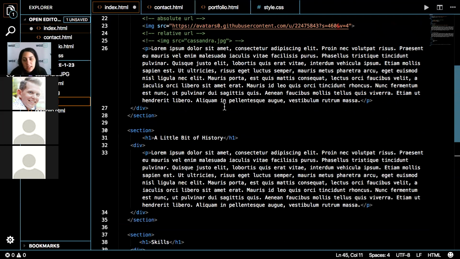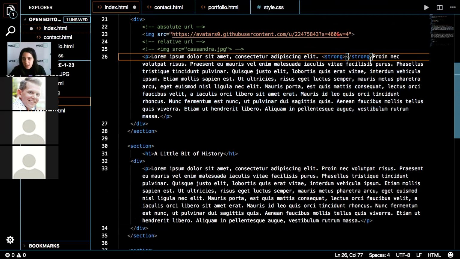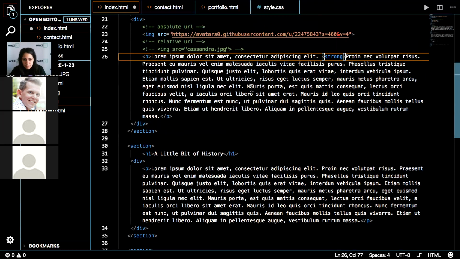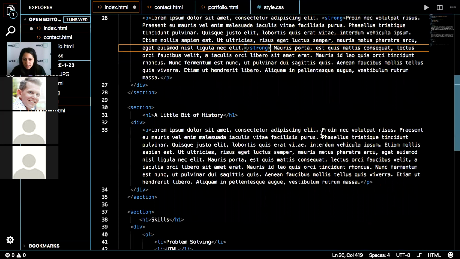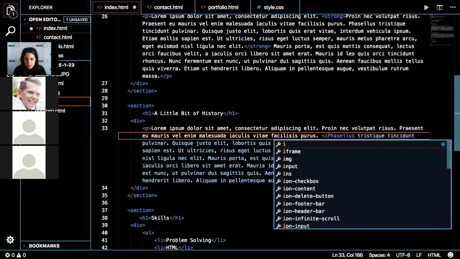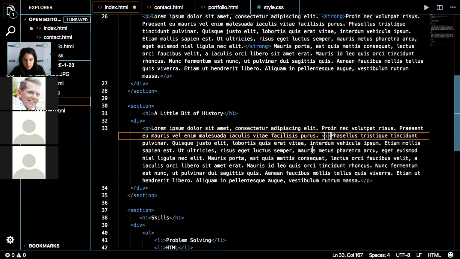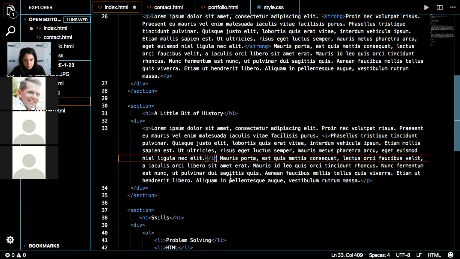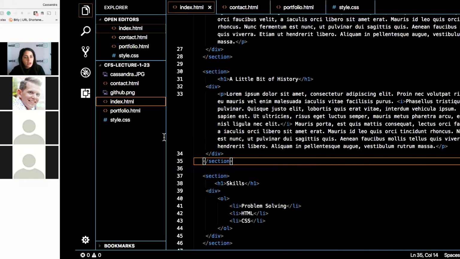And then just so you can see the emphasized and the bold, we'll go ahead and bold some text. So here, I'll just add a strong tag, and I will put the closing right here. So all of this text is going to be bolded. And then let's do the same here for italicized. I'm just going to pick some text to be italicized. All right, so we can go ahead and save that.